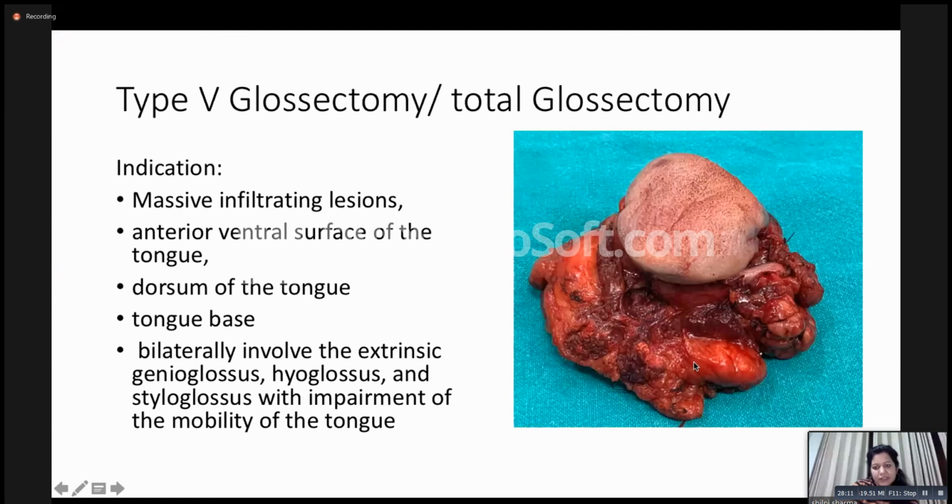Here you can see the level 1B lymph nodes on one side and on the other side, and then you take the muscle cut at the level of the hyoid, and you take the lingual artery also on both sides at the level of the hyoid. That is why I explained to you at that time that if you take the level 1B lymph nodes along with the tongue, then your deep margin will not be compromised.